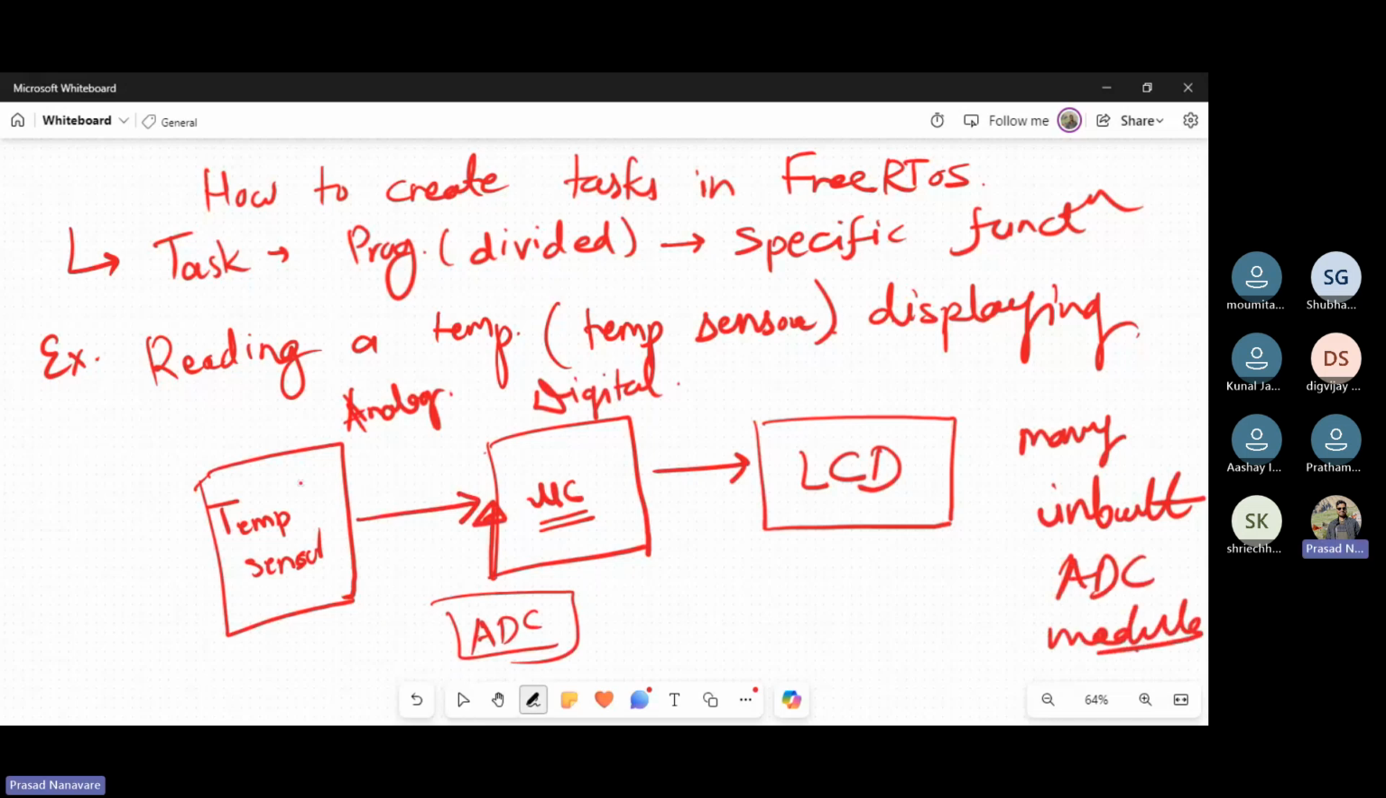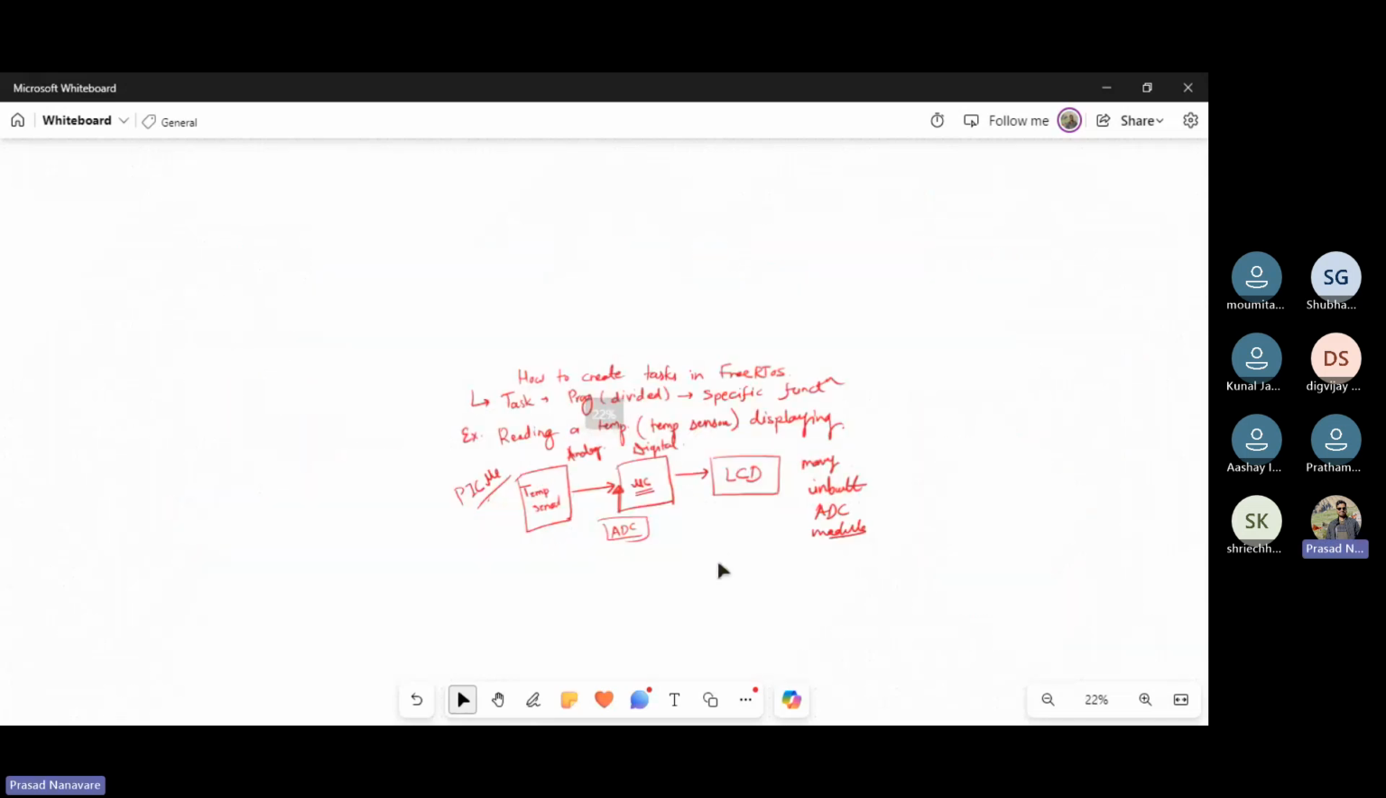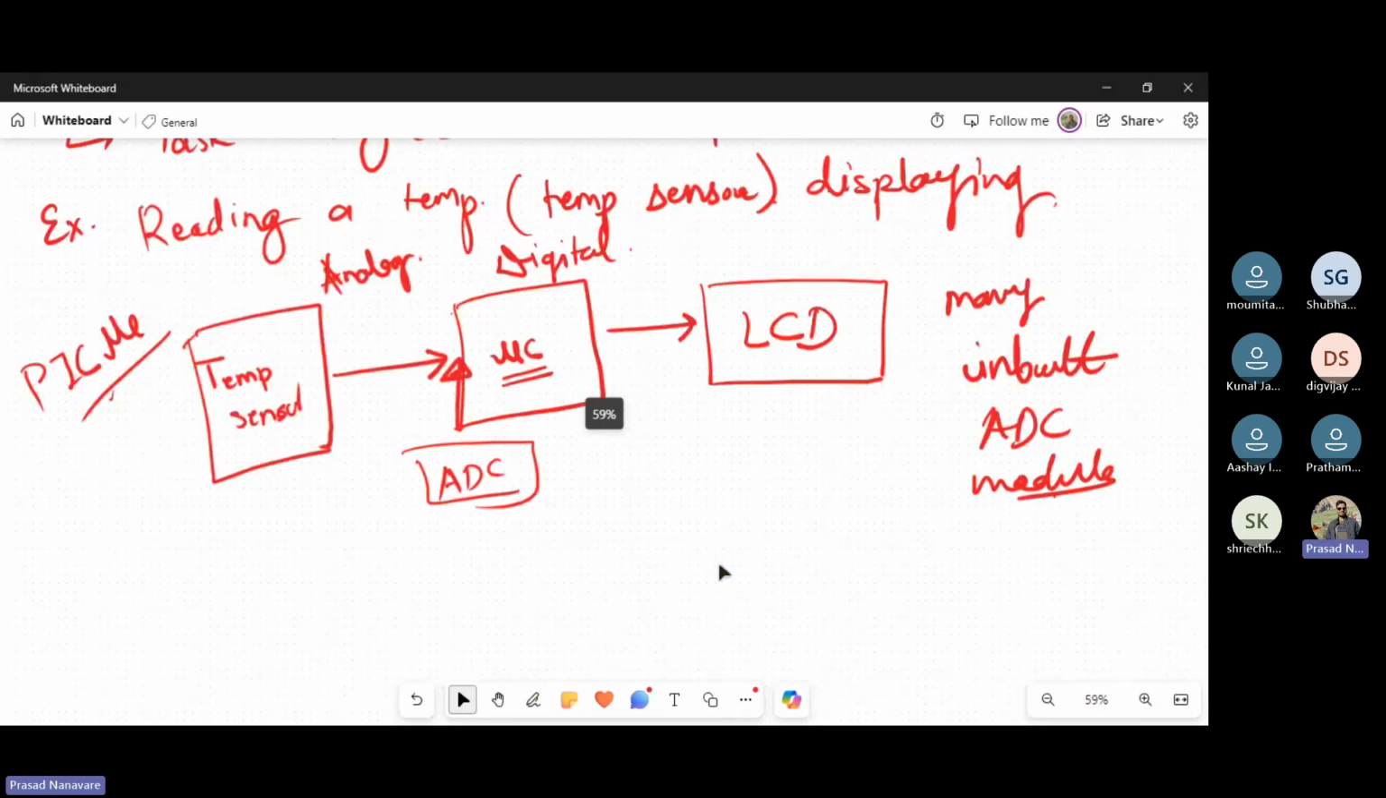इनबिल्ट एडीसी होता है हर, मतलब अब आजकल के माइक्रो कंट्रोलर्स में तो है ही. ओके. फ्रॉम पिक इट स्टार्टेड. पिक माइक्रो कंट्रोलर से ये स्टार्ट हुआ. ठीक है. इनबिल्ट एडीसी होता है. सो इसमें टास्क कौन से है हमें वो देखेंगे. ठीक है. तो